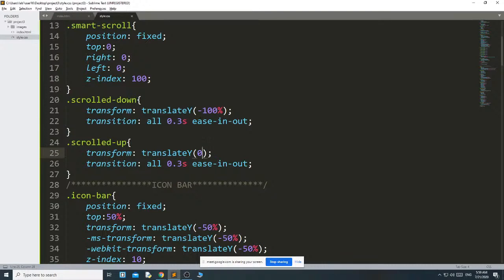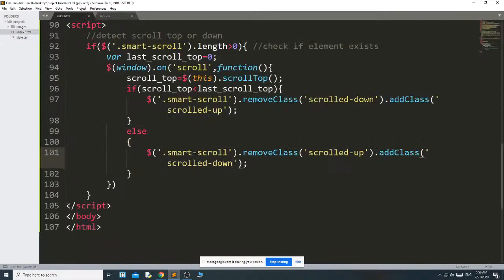Scroll down, scroll up, transform translateY is 0 and transition all is set, then in index.html, removeClass scroll-down and addClass. Okay, why is it not working?